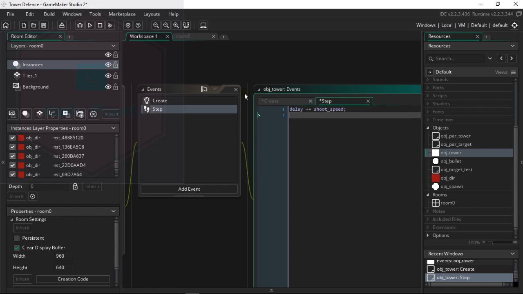And we're gonna have to check if delay is greater than 120. Nah, 240. So if it's greater than 240, then